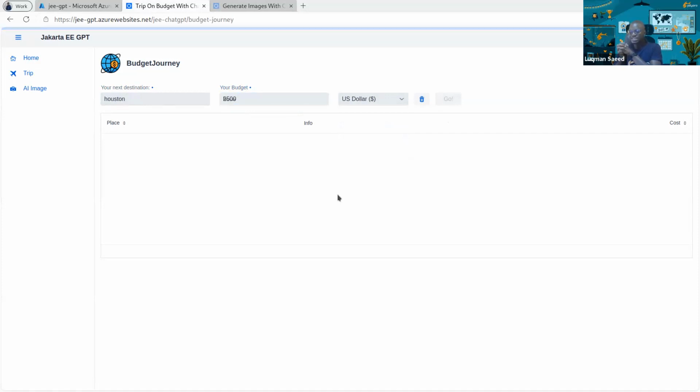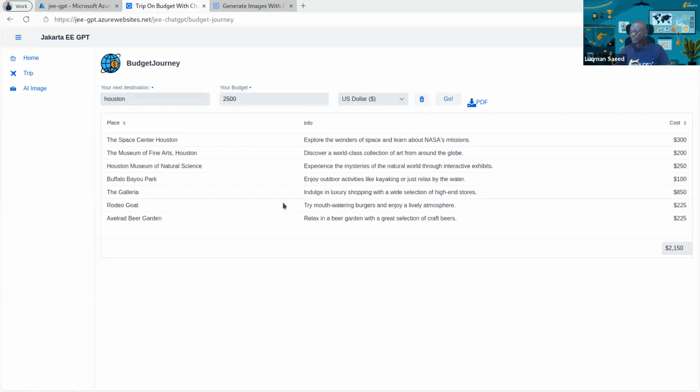Now, mind you, ChatGPT API's knowledge is limited to 2021. So it may give information that may not necessarily be fully accurate. That's fine. But we have some suggestions here. So we have the Space Center Houston, explore the wonders of space and learn about NASA's mission. Okay. And then there is,